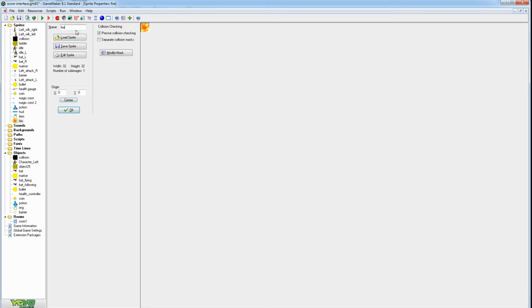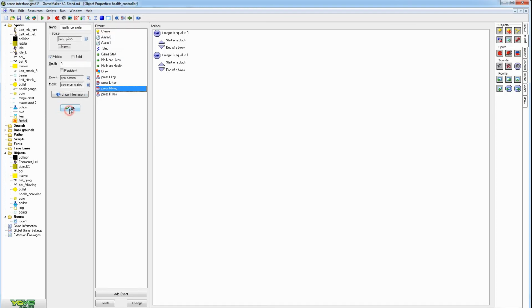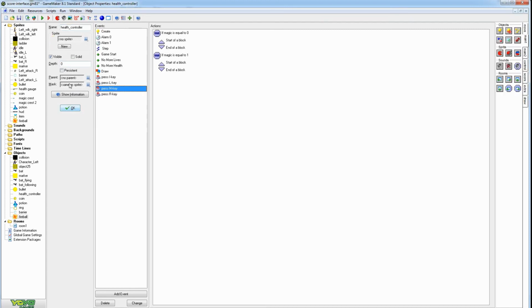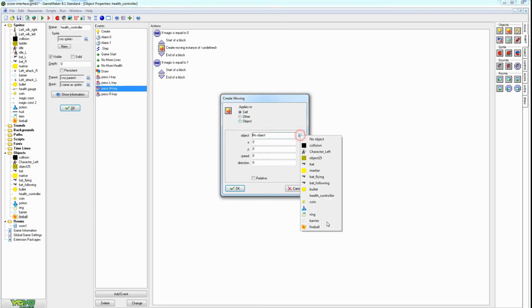Actually, let's call it fireball. And press OK. So the fireball is there, but we also need, because we're going to make an instance, we need this to be an object of a fireball. So fireball object, we're going to reference the fireball sprite, and that's all we need for now. So the fireball sprite will eventually have to disappear when it leaves the screen. But we have M, so we're going to create a moving instance of the fireball, and we're going to say,